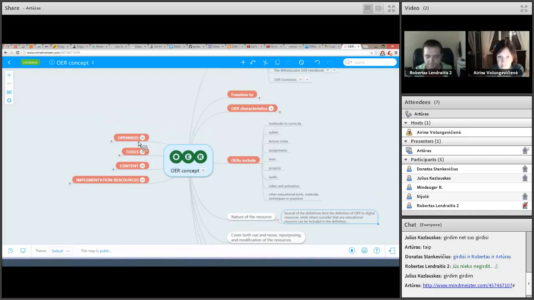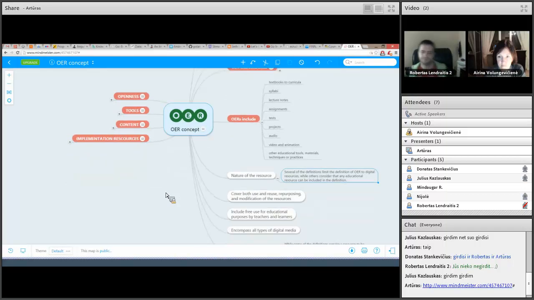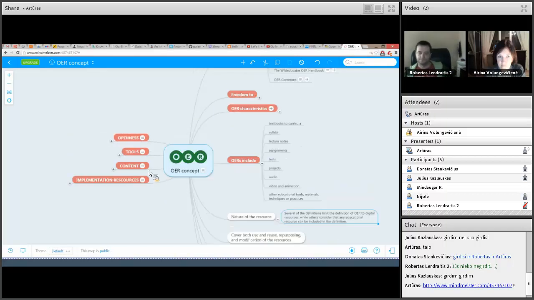On the other side, we put it in to try to define that concept in terms of its openness, tools, content, and implementation resources.